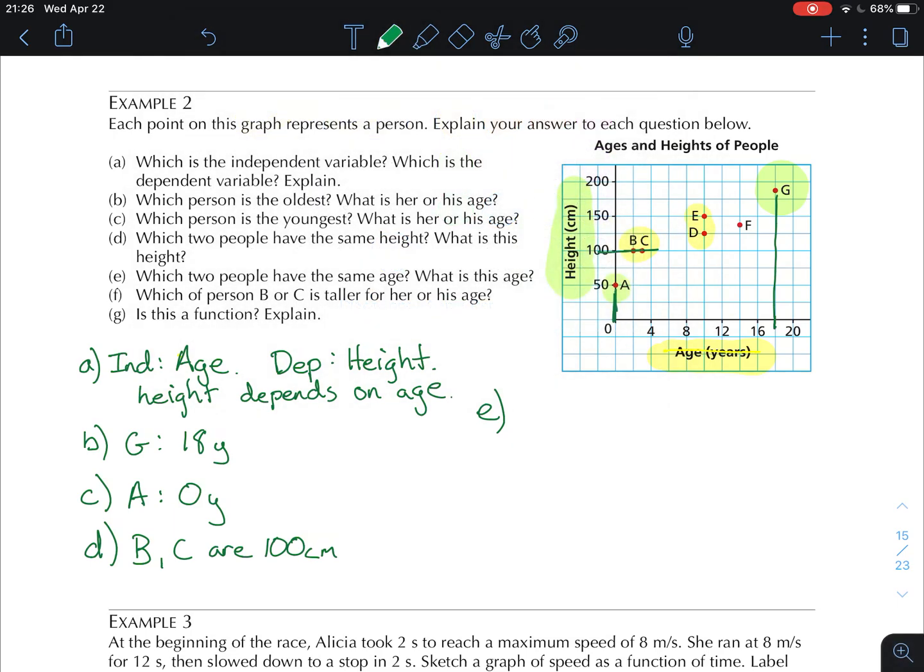Letter E. Which two people have the same age? E and D have the same age, and they are both 10. E and D are both 10